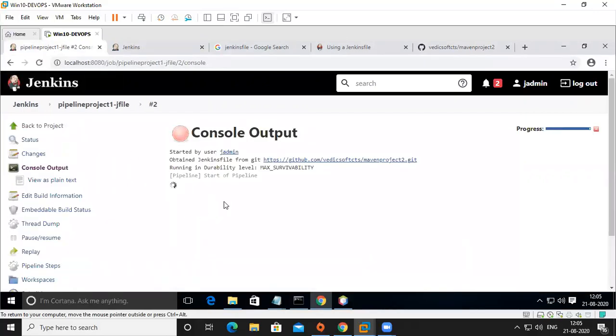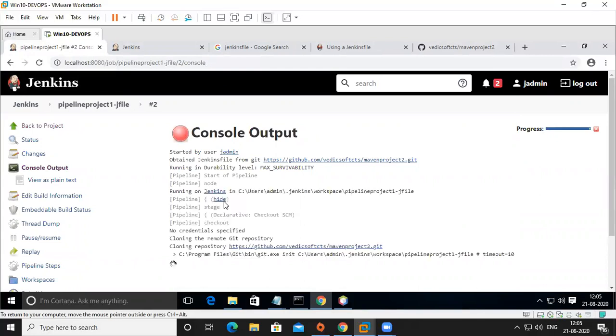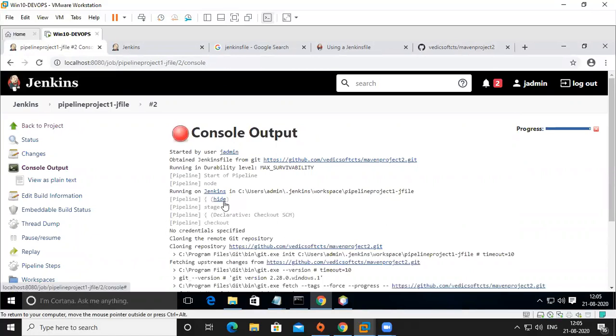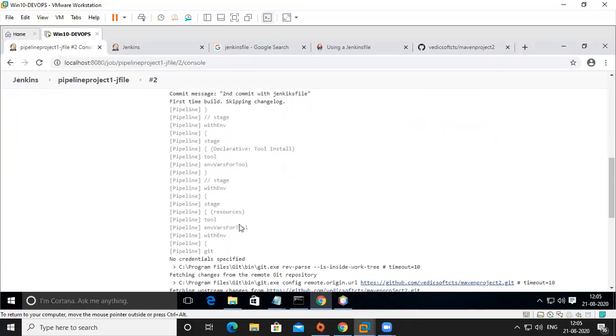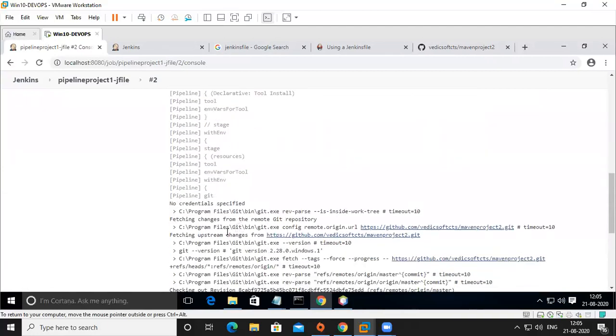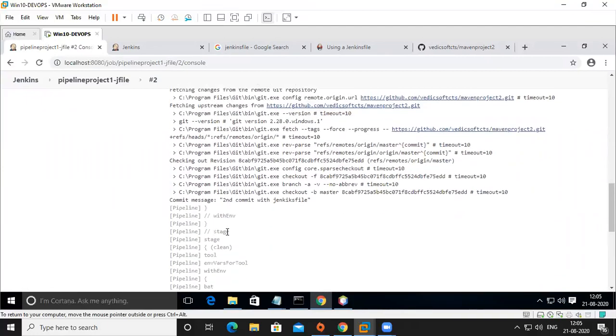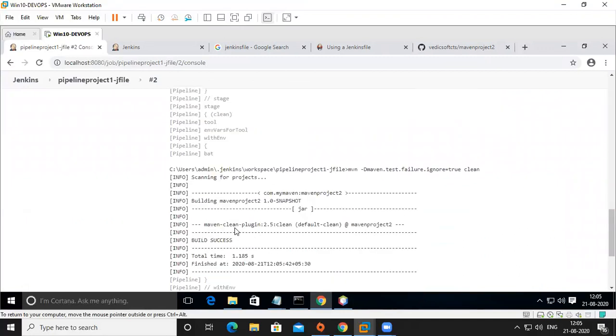So it is trying now. So, getting started pipelining. Yeah, one by one it is going on. First it took the code from the repository.